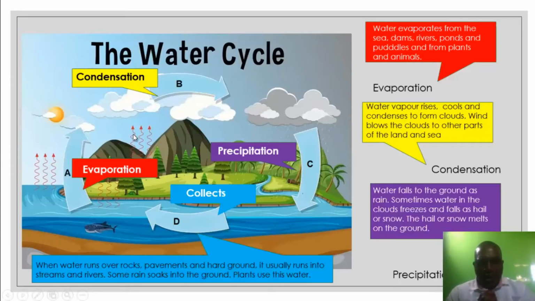Now, I hope you have managed to grasp the concepts that I have introduced here on the water cycle. I am going to give you an activity for you to complete, and I want you to complete the diagram that I would have put using the correct